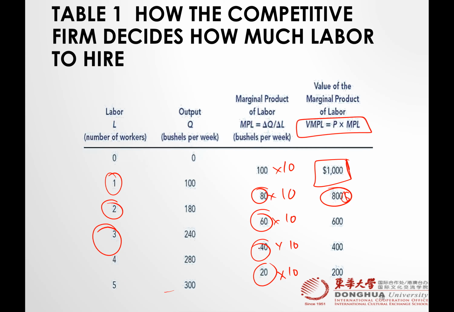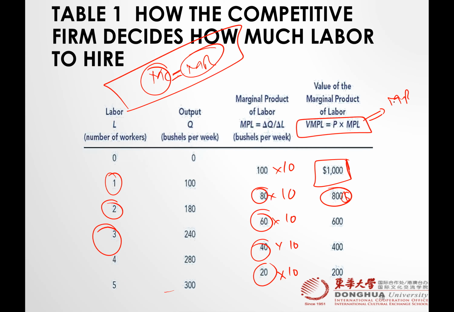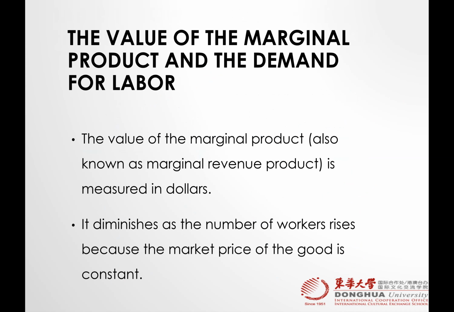Now remember our profit maximization condition in our markets, that is MC equals MR, right? Which means this is the cost and this is the revenue. The same concept applies here. We can call this MR, revenue. So the additional person that we hire in our production is giving us 1,000, 800, 600, 400, 200, right? And what is his cost? His cost is the wages.